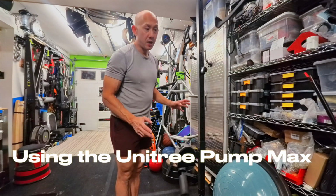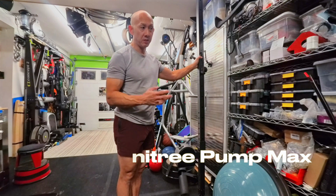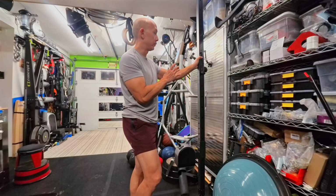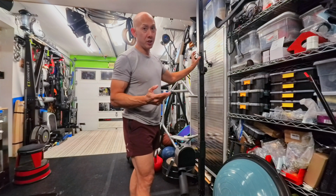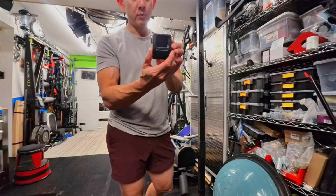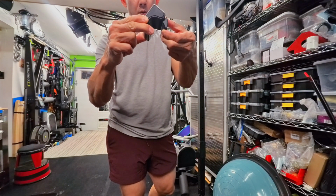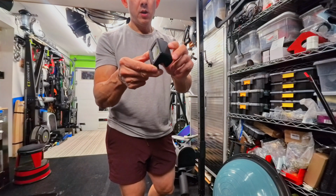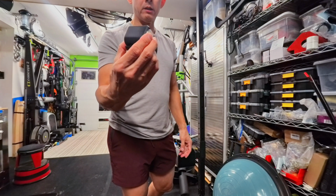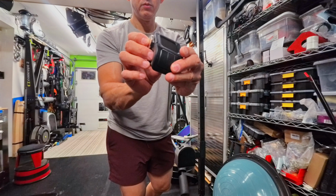So I had a little bit of time with the Pump Max since I posted my last video, and went ahead and actually moved the rack into a little more convenient location. One of the things I changed is on the remote. What's nice is it has a little clamp to go around a barbell. I went and actually mounted a neodymium magnet, a rare earth magnet, and used some VHB tape to adhere to the